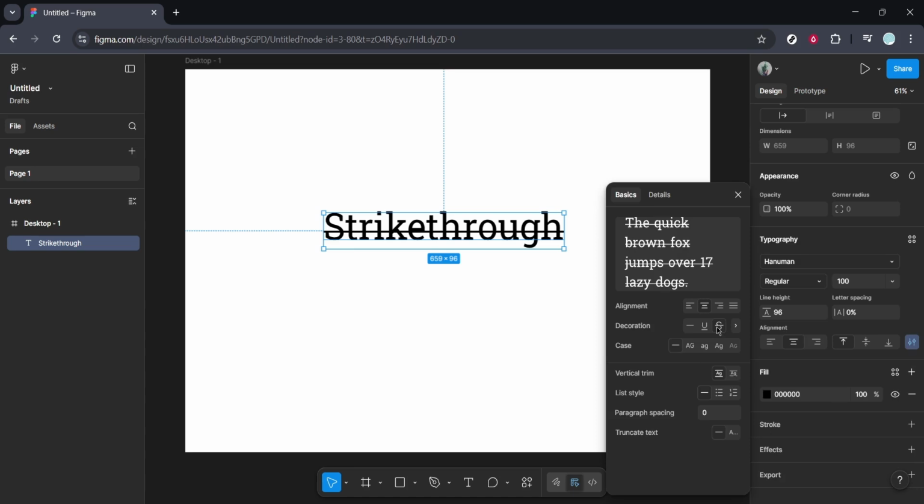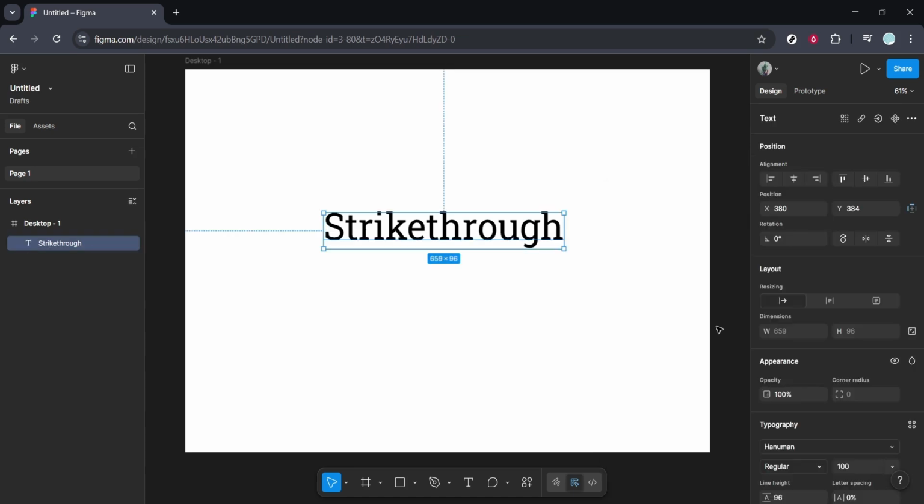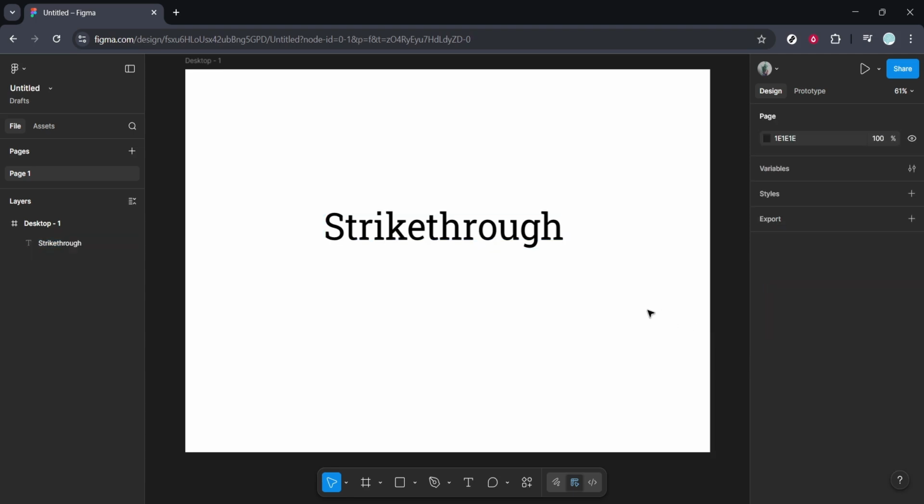A helpful tip: if you only want to strike through a specific word or phrase within a larger block of text, you can achieve this by double-clicking into the text box to enter editing mode, highlighting just the desired words,